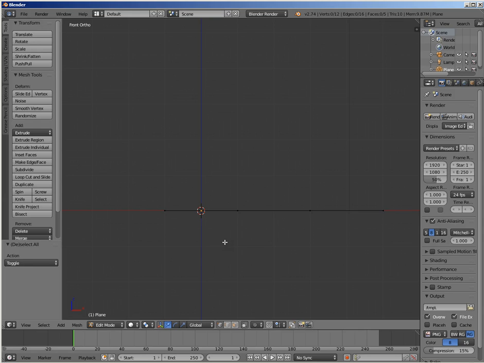Then I'm going to extrude all these vertices. To extrude all these vertices, just click A to select all vertices. Then extrude to make a height of this plane figure. So to extrude, just press A to select all vertices. Then